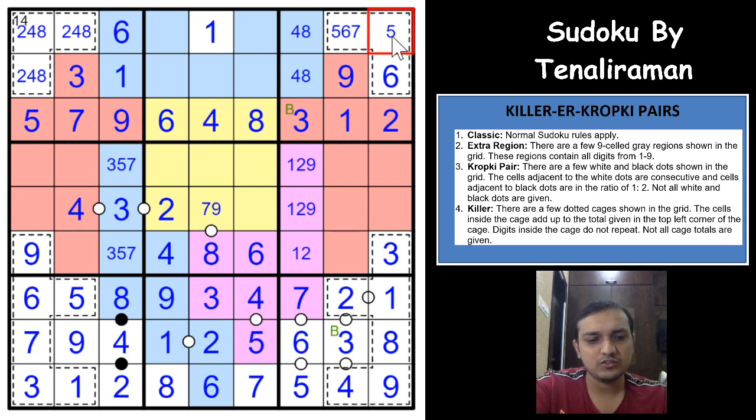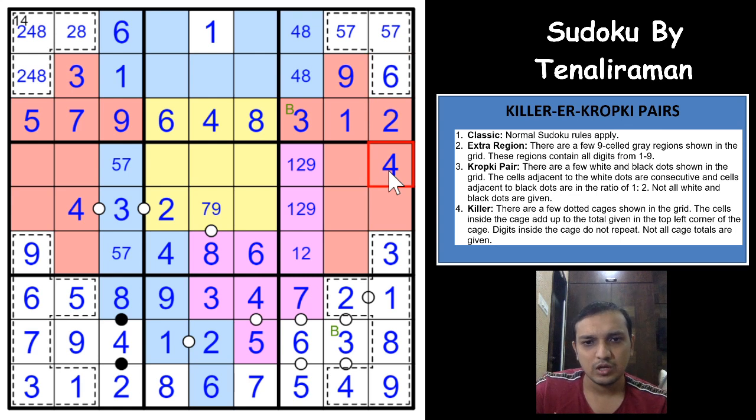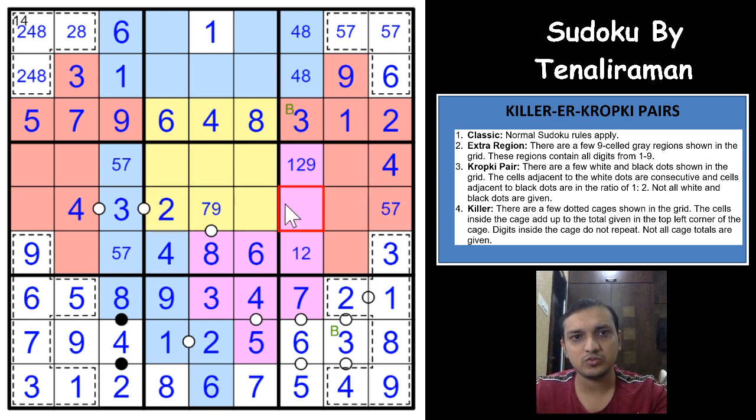This is a 5 and 7. 5, 7. And this is 2, 8. So okay, this is 5, 7 again, 5, 7. So 5, 7 and 4, right? 4, 5 and 7. So a 4 can only be here now. And these digits would have to be 5, 7 again. So the 2 eliminates 2 from here. So this would have to be a 1 and 9.